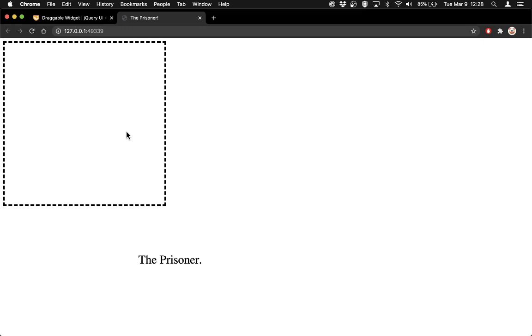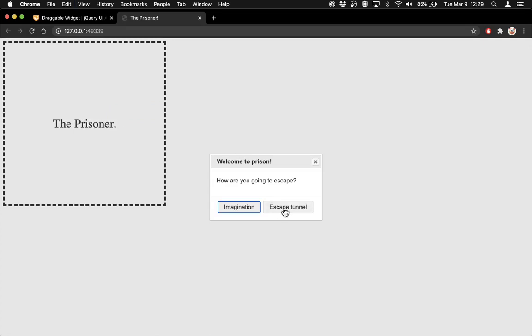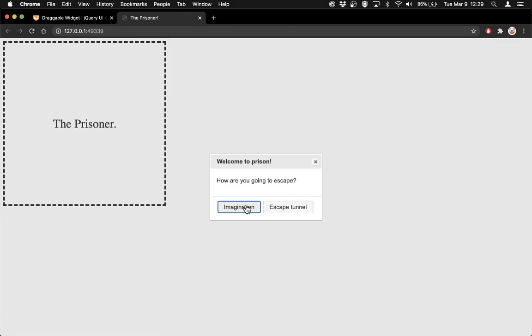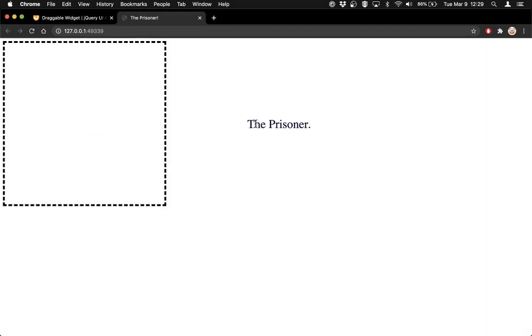So maybe you need a sort of larger existentialist way of thinking about solving this problem. But at least visually, that's a nice effect, right? If you run the simulation with the escape tunnel, then you're stuck inside the walls, the walls still work, but you can go into the tunnel. If you run the simulation by clicking on imagination, you get no tunnel, but you change the nature of the walls. So it's just a nice simple way of applying some of these user interface concepts to a sort of narrative world on the page